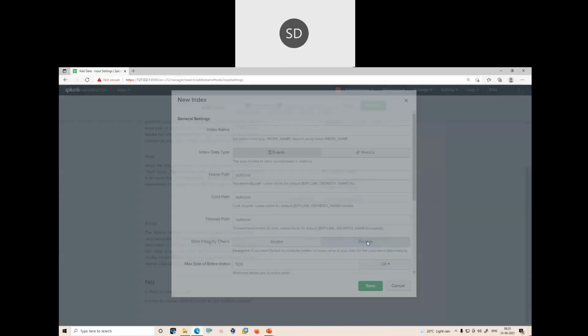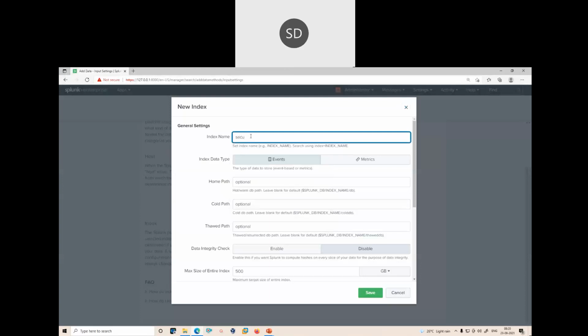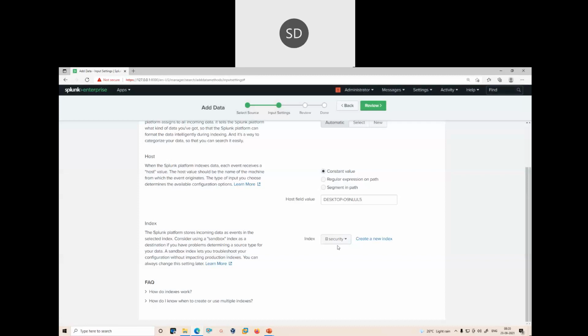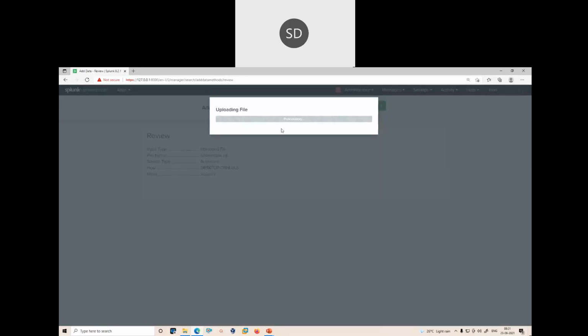So I'll create here the security index, click on review, done, and the file is uploaded.